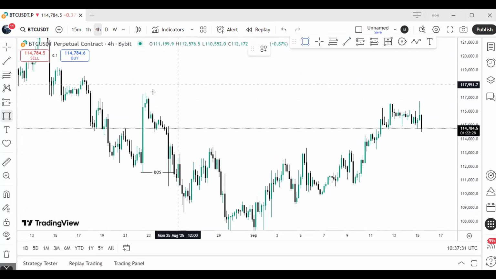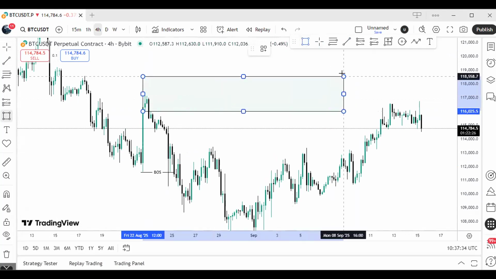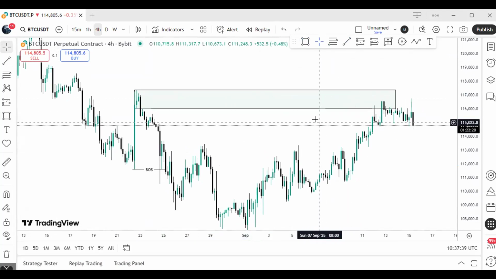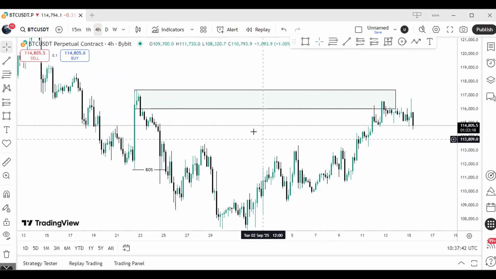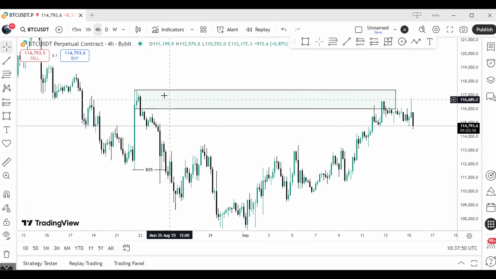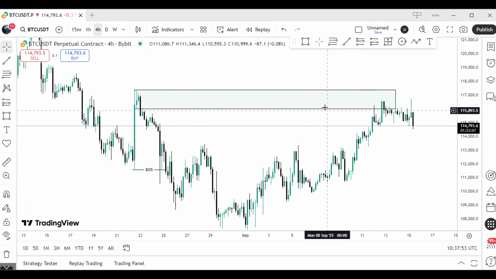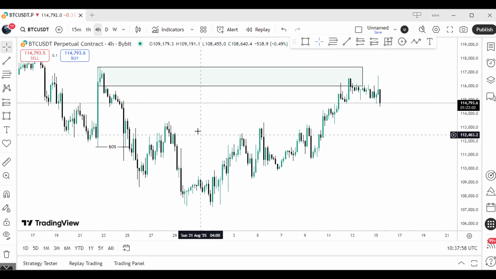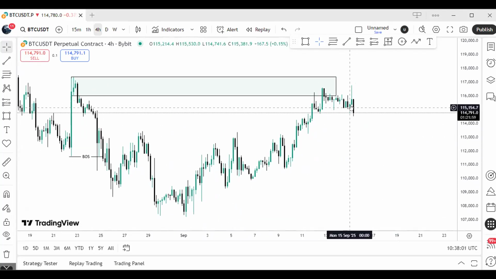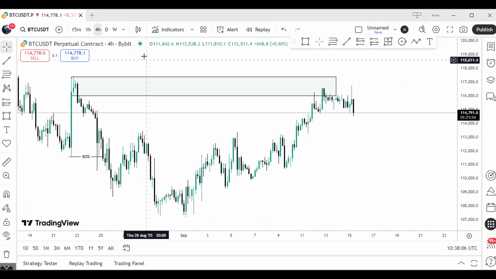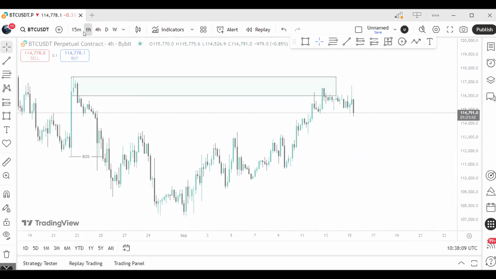And at this level, price is already rejecting from this extreme order block here, right? Price is already rejecting after taking out all the liquidities around this zone. So price is currently rejecting on this supply zone here. So this is a confirmation for me to short the market on a market order, at market price right now. But I still want to switch to 1 hour time frame to check if I can get better entries,